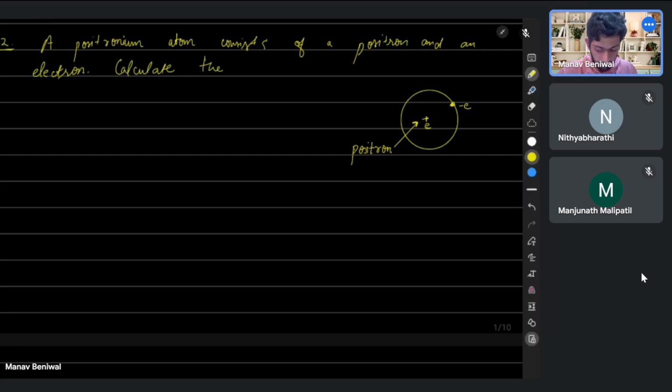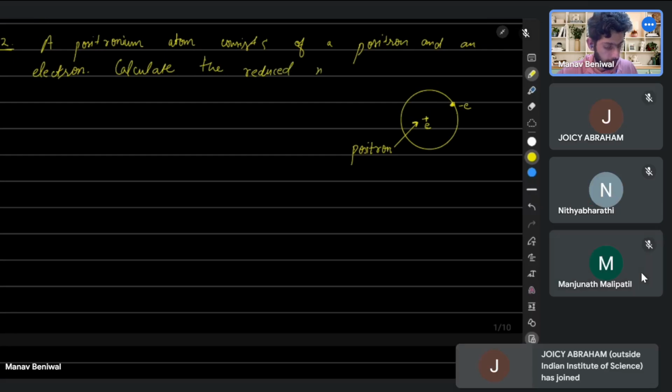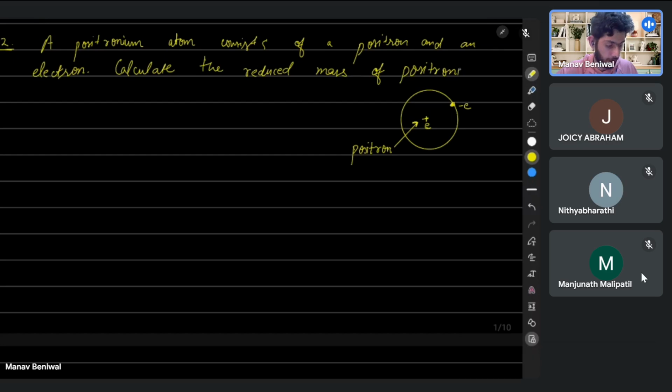Calculate the reduced mass of the positronium atom. So the options are